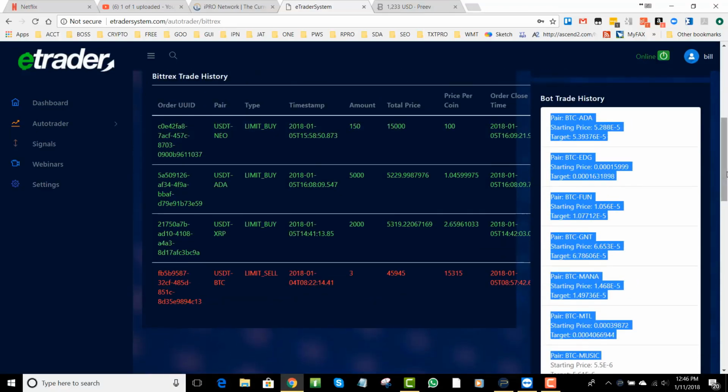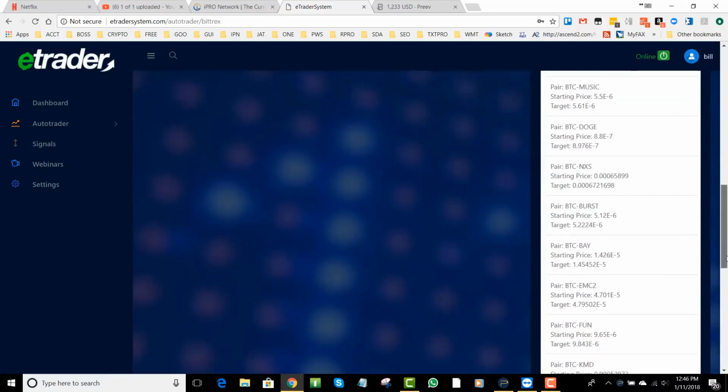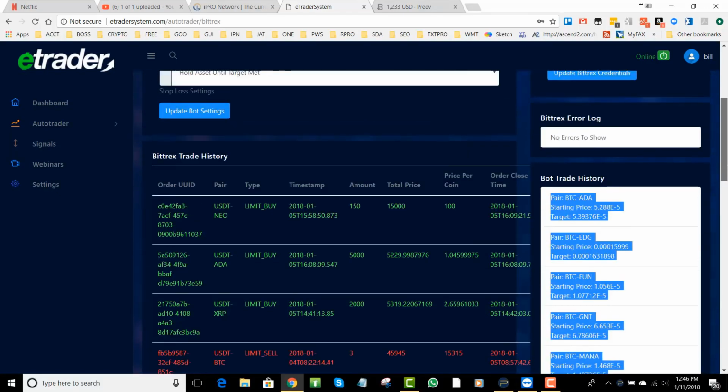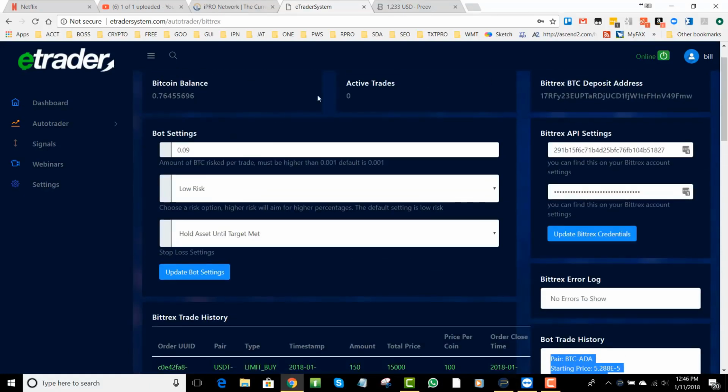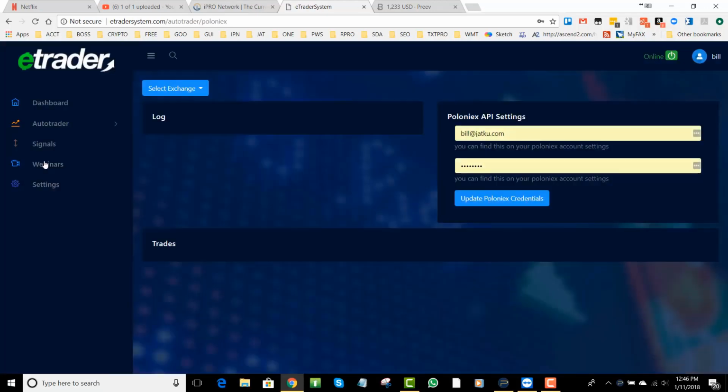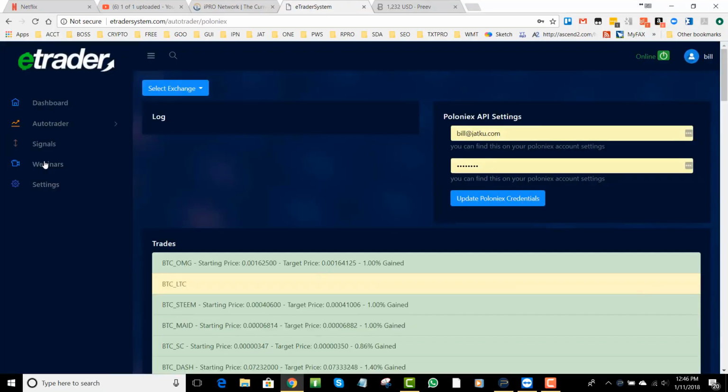Now, I just set up the software this morning, so I have not taken advantage of any of these trades that have been taking place, but they are taking place here and you can see them there. Okay, alright, so that's Bittrex. Now Poloniex operates a little differently, and the reason for this is what Poloniex or Bittrex